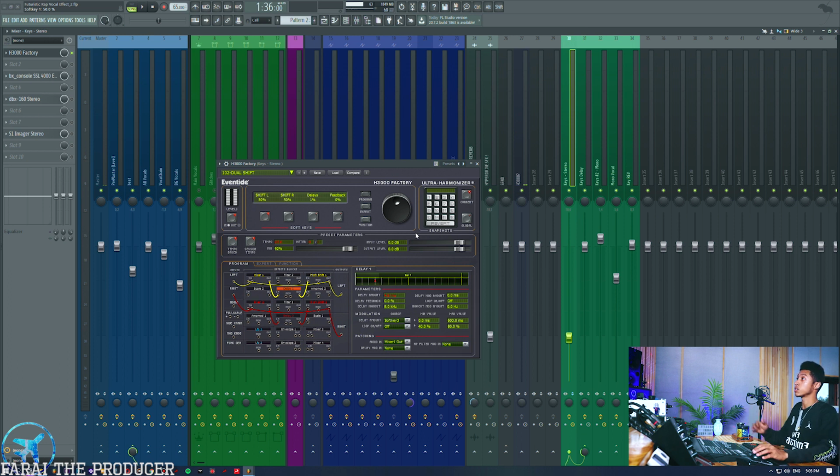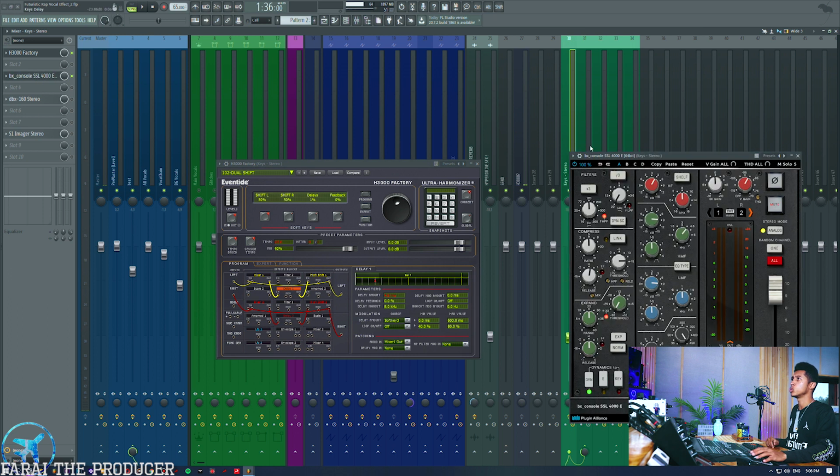If you don't have something fancy like this, you can just use the Fruity Flanger, Fruity Phaser, Fruity Chorus, whatever you can get your hands on. There's a bunch of cool flangers out there as well. The DLYM plugin is amazing, so you can go and check that out. But yeah, pretty cool. After that, I love the SSL EQ, so I decided to put a bit of SSL EQ on it,